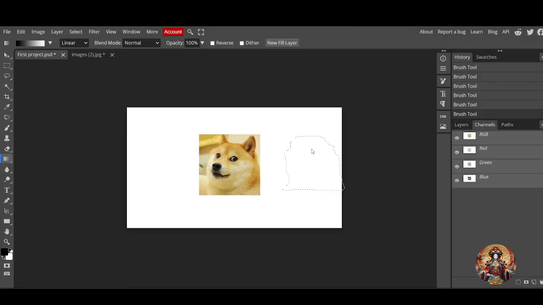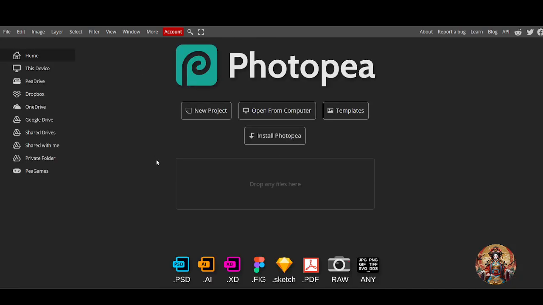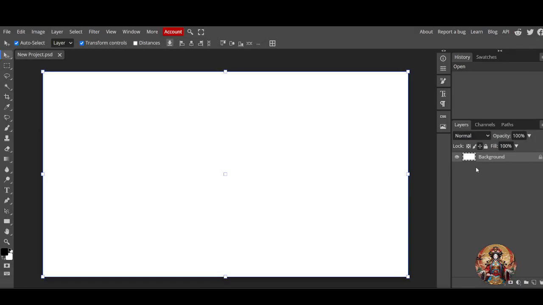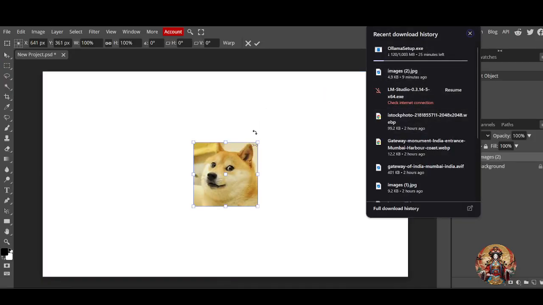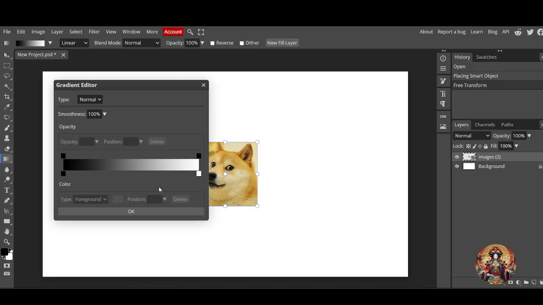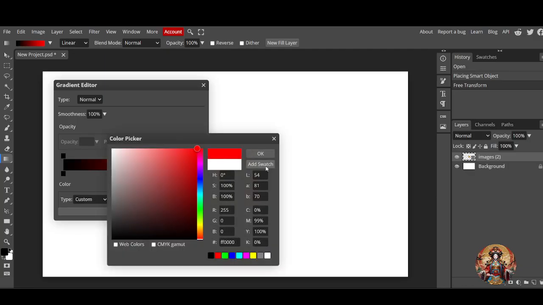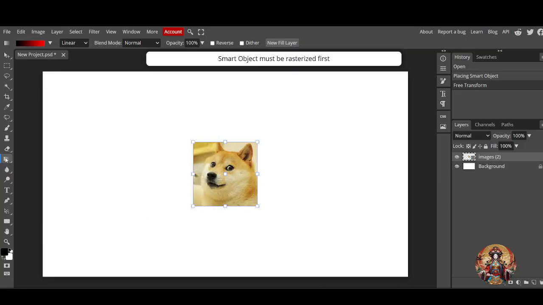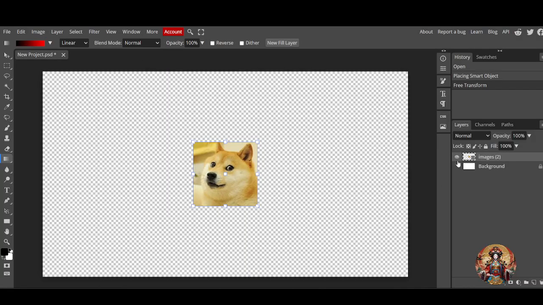I will refresh it because some tools are not working, and I will make a default thing, add an image into it, and set a gradient. In the top section you will see you can change the color as well. If you click on the color and hit OK and OK, so the smart object must be rasterized first. Okay,